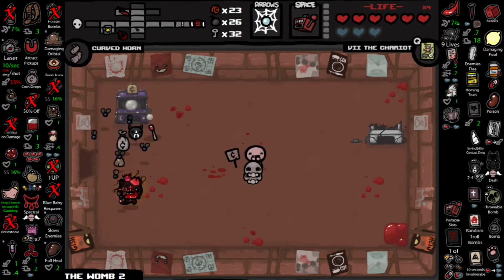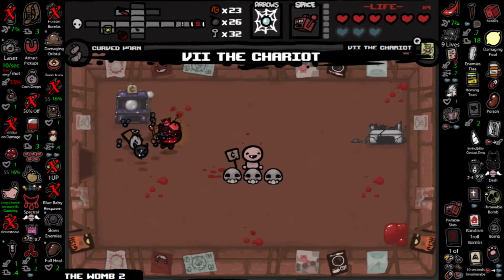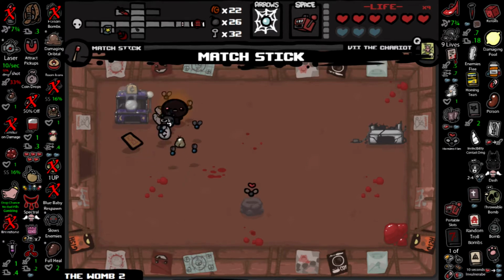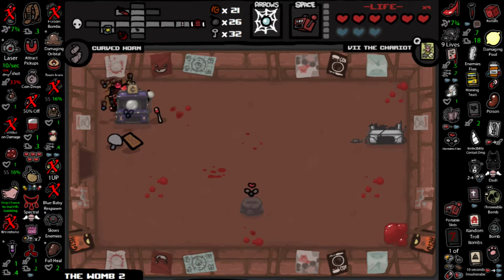And the... Now I'm gonna forget what it's called. 2 Chariot cards? Okay, we got Skatole. I don't want the matchstick. The Crystal Ball. I want the Crystal Ball, and the reason why I want the Crystal Ball is because that then puts 2...